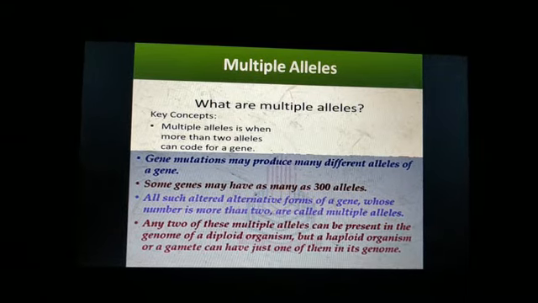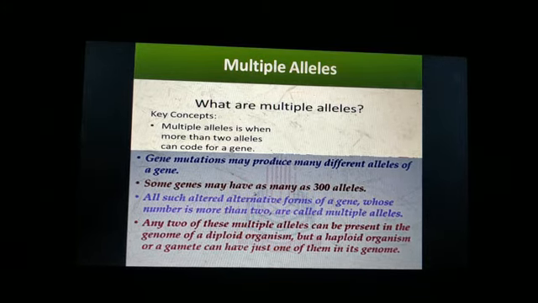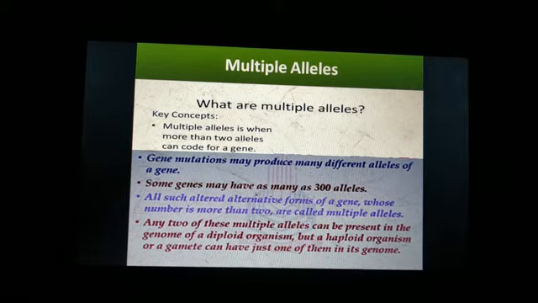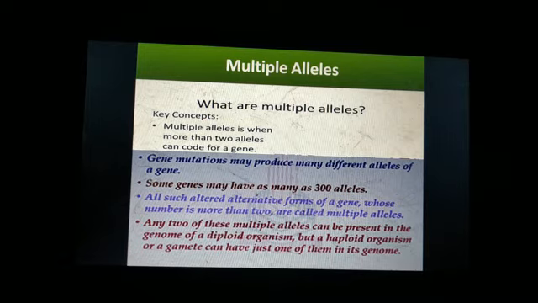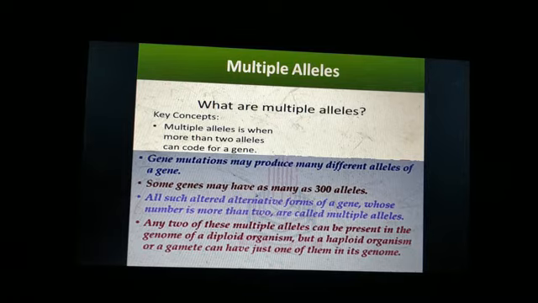Apart from ABO blood group in human, another example is the eye color in Drosophila. So Drosophila, or the fruit fly, we can say, their eye color is an example of multiple alleles. We can have many alleles for this eye color in Drosophila. Approximately, we can have phenotypes where the eye color will be white, blood color, wine color, cherry or apricot. So we have many different types of phenotype for eye color in Drosophila.